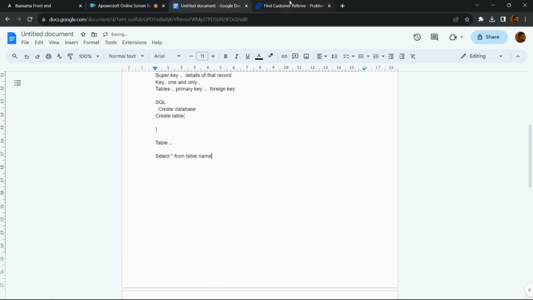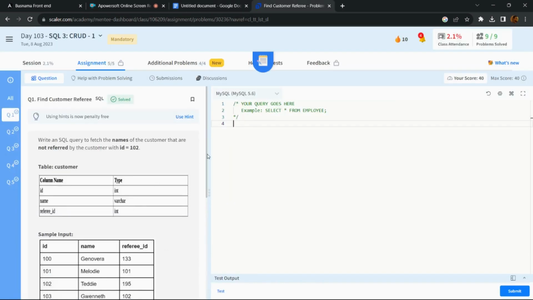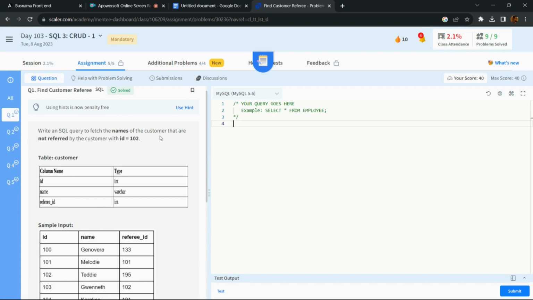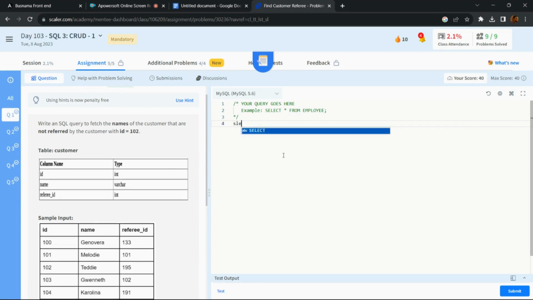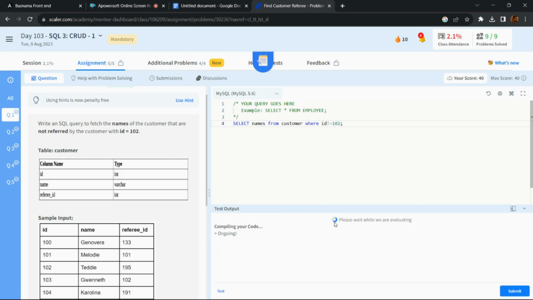Let's try one more example exercise here. If we have the details here, it is asking to fetch the names of the customers that are not referred by customer ID, ID is not equal to 1 or 2. That means you should select the name column only from the table named customer, where id is equal to 1 or 2. So if you test this,